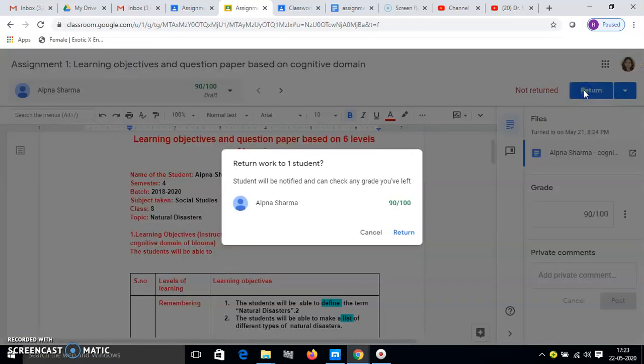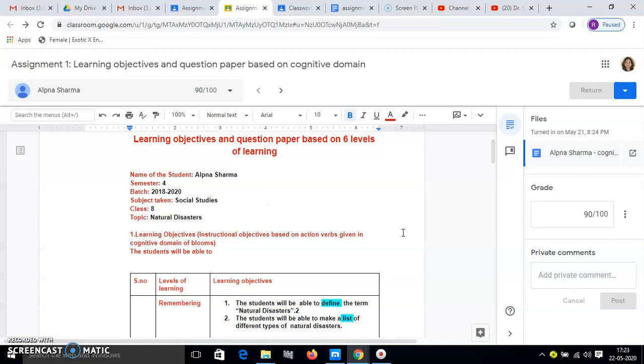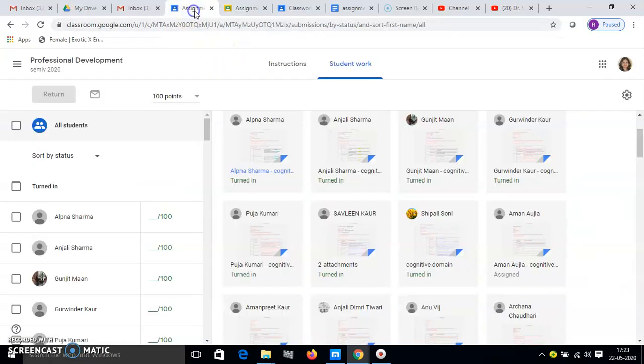Now I return this to my student. The student will be notified and can check any grade you have given. Return. So what I'm doing is returning this assignment to the student, so that the student will also get to know what remarks have been given by the teacher, and what